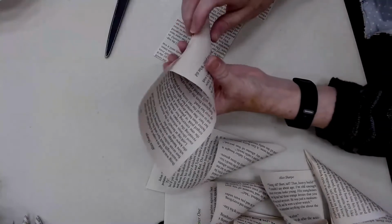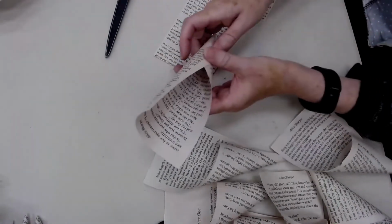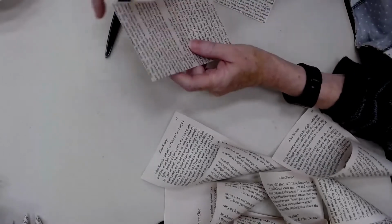So here is, so I've done, my biggest ones are like this, and they're just a single roll and very big. That's going to be my outer layer. My second layer is a little bit tighter, like this. And then my third layer that I'm showing you, I trimmed the paper down to the edge so the words